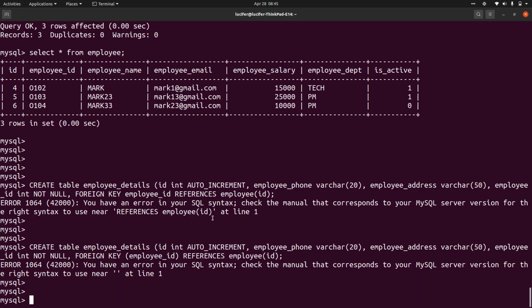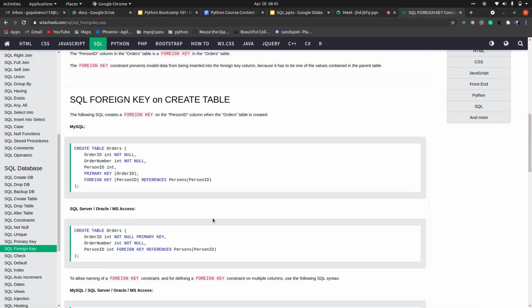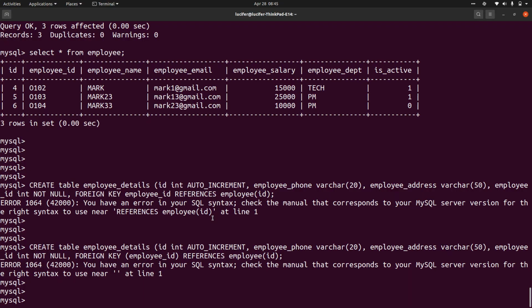References. What am I doing wrong? You have an error at the syntax near date line 1.